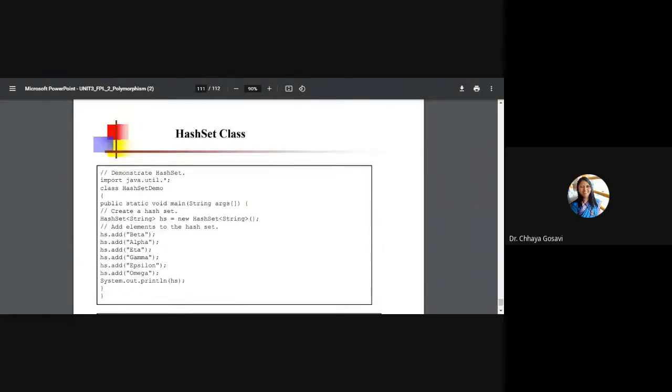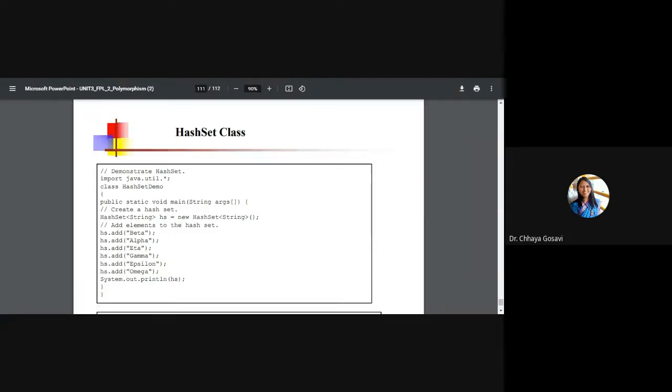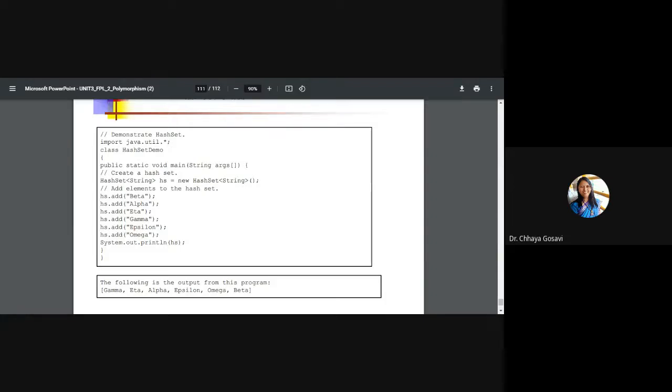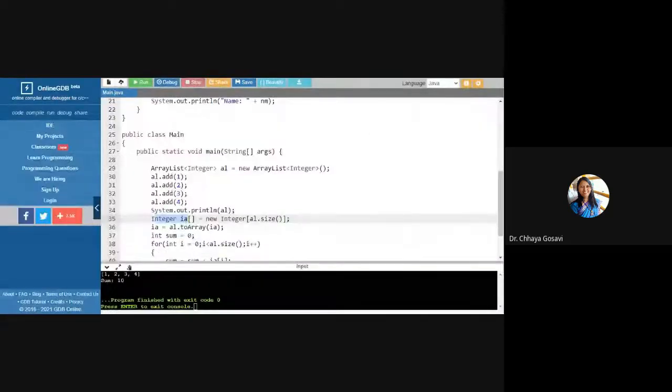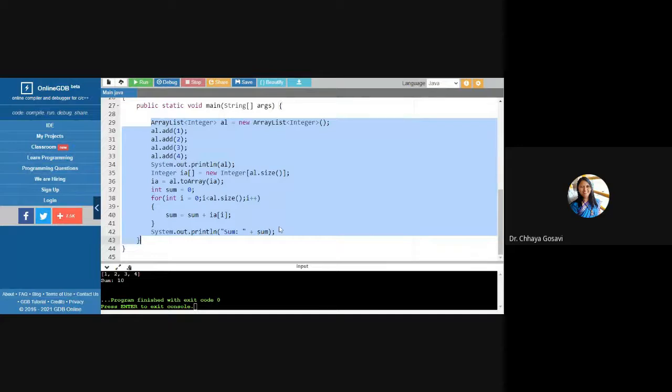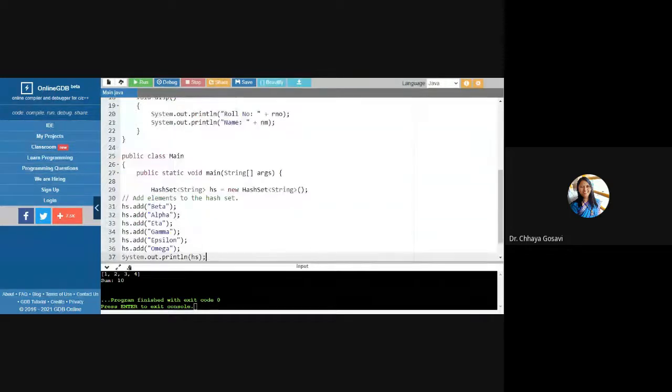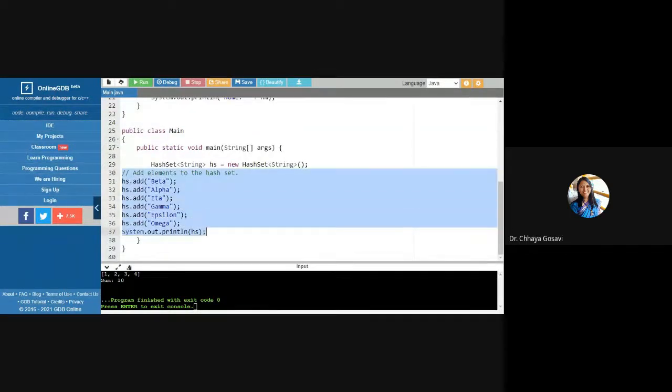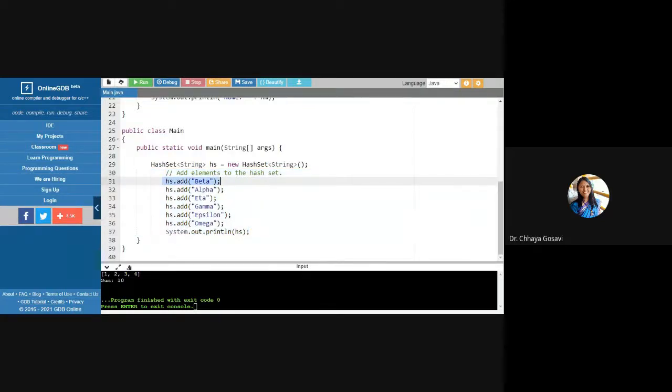So similar to what we have seen just now with ArrayList, you can create a HashSet class. The only difference is that it won't allow you duplicate elements. Here we have created HS, which is a hash set object, initialized with the default constructor, then added beta and alpha.